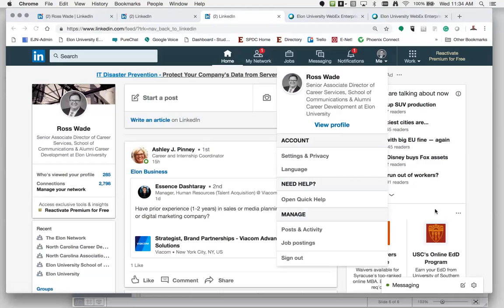So I advise, apply through LinkedIn if you want to, but just to be safe, if it's a job that you're really interested in, I would actually go to the company's website if LinkedIn doesn't take you there, and then apply through the website. Now, if you see that the job has a recruiter from that organization attached to it and it's easy apply, then I would feel pretty confident doing it. So I hope that answers your question. Thanks for sharing that. I appreciate it.